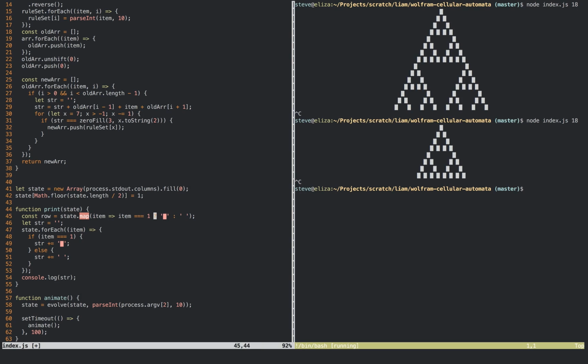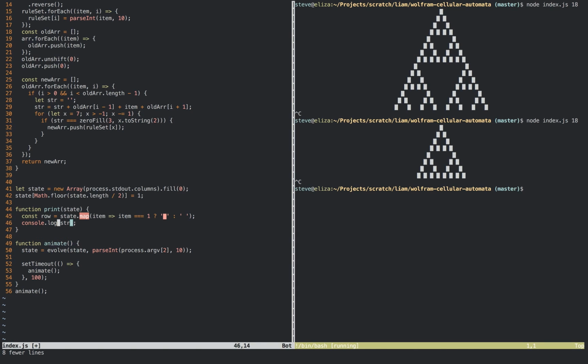And this operator, this question mark and colon, this is called the ternary operator, and it's basically like an inline if statement. The neat thing is, at this point, row is now an array of characters, and we can convert that array to a string just using join. So now we have this print method that's a little more descriptive about what we're doing, and we can just print the state. The problem is,